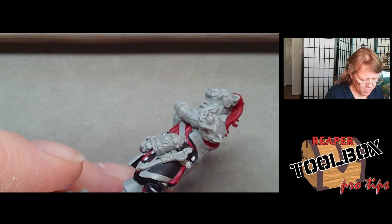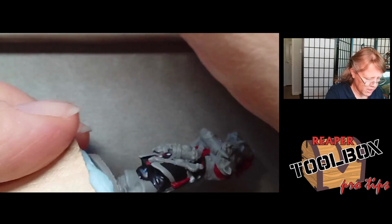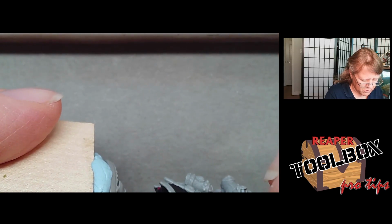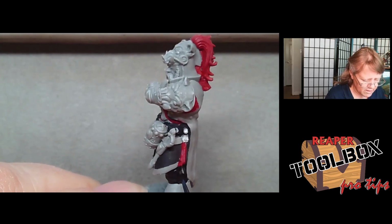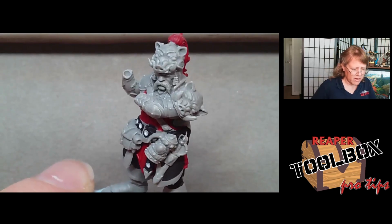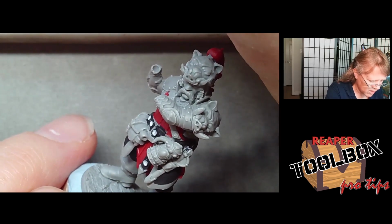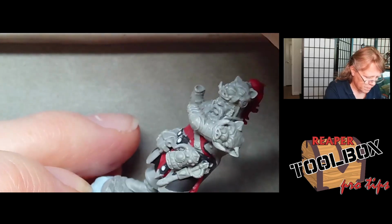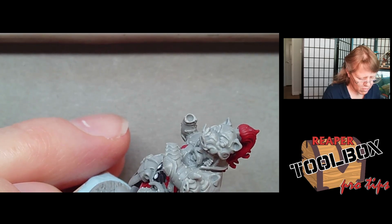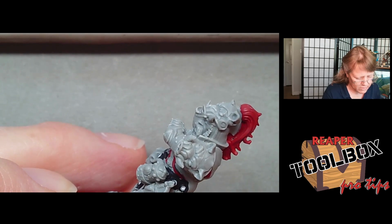It'll be a lot harder to bring out all the small details if I do shaded metallics. I will have to be very aggressive with my shading if I choose to do that. If you aren't very aggressive with your shading with true metallics, doing a model like this that has a lot of fancy bits, you won't be able to actually show any details. Everything will just look like shiny metallic. So you've got to be aggressive with your shading. You must shade down pretty extremely and take your shadows pretty matte. Otherwise, you're just going to have solid bling,